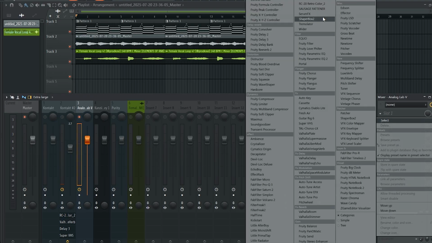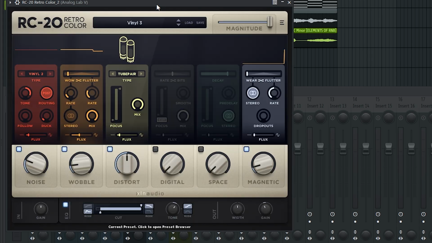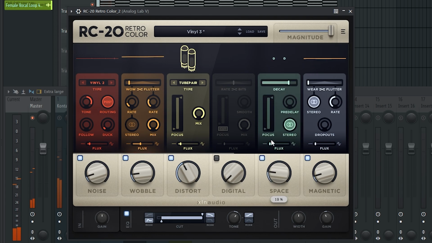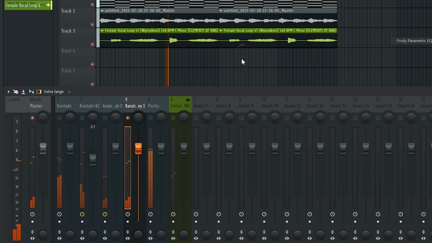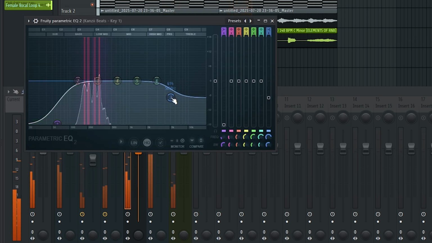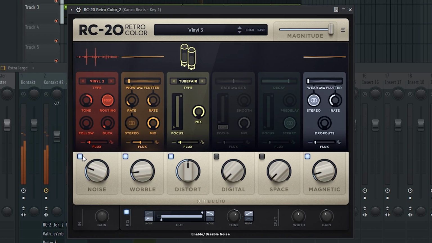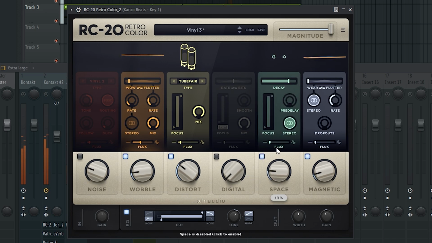And then moving on to the piano, I'm going to add RC20, and I'm going to be using the default presets that I already have, which is the Vanyo 3 preset, but I'm going to bring the distortion down a bit, bring down the noise, add some space. And then for the keys, I'm going to add Fruity Parameter EQ, cut out some of the lows, some of the highs, and then I'm going to add RC20 as well. I'm going to turn off the noise, bring down the distortion, increase the space,